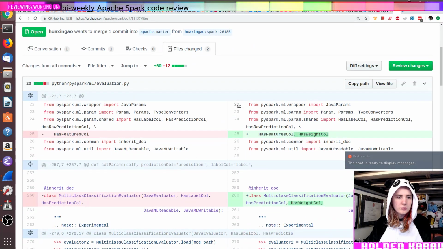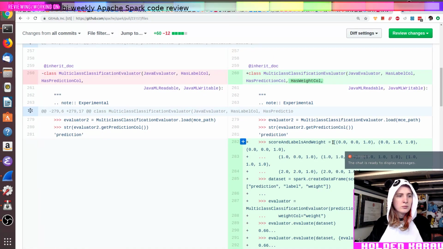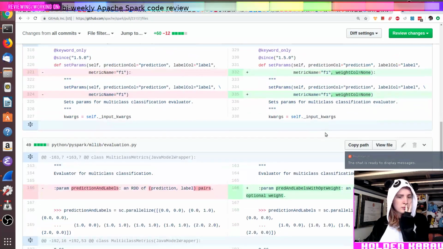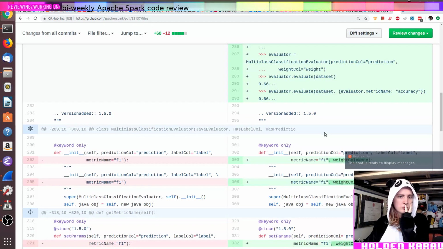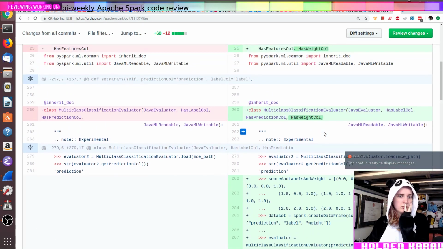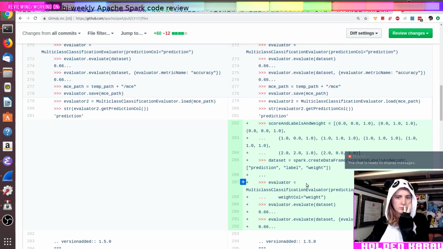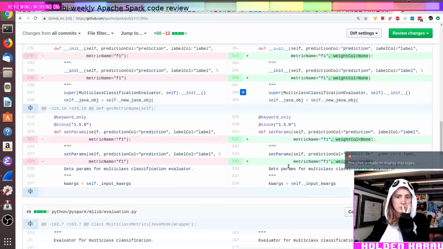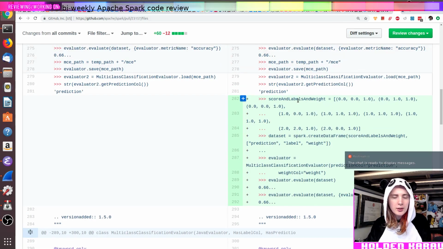The stock test is getting a little big. But that's okay. We do specify a weight column here, yeah.